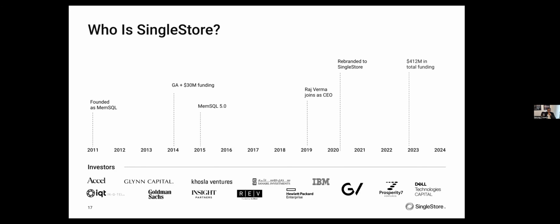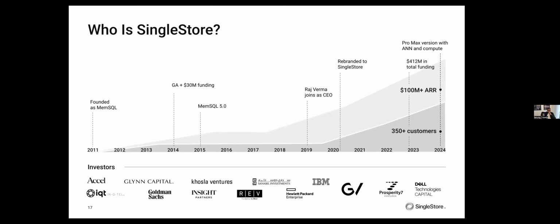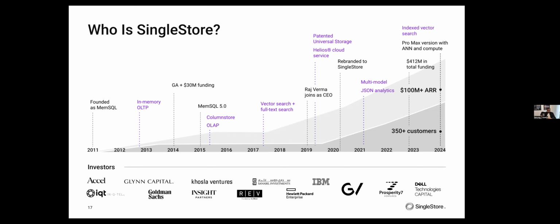So as many of you may know, some of you may be new to SingleStore. SingleStore started as a company called MemSQL in 2011, and we have grown tremendously since, transitioning from MemSQL, an in-memory database, into SingleStore, which is a database built for intelligent applications, combining both transactional as well as analytical capabilities in a single database, multi-model in a hybrid multi-cloud fashion. Now, that's a lot of words. What does that mean? That means we can do in-memory OLTP, OLAP in a single table type.